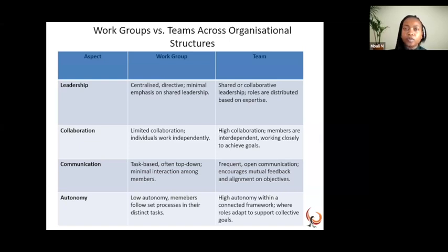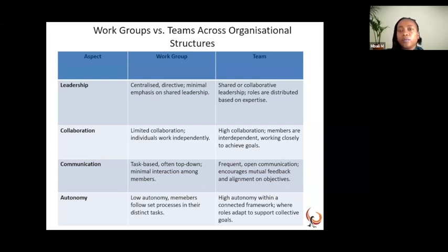And then also looking at collaboration. In a work group, collaboration is very limited. There's a lot of independent work that goes on compared to teams where they're very collaborative, members are interdependent, so we keep passing on the baton. So we work closely to achieve that common goal. And then when you look at communication, in a work group, it's very task-based. So we have to have something that we need to talk about that really connects us. And it's often top-down communication in work groups, and very minimal interaction. Like I said previously, maybe we can meet quarterly just for everyone to run us through their portfolios, not much communication happening there, just for everyone to know what's happening in the units,